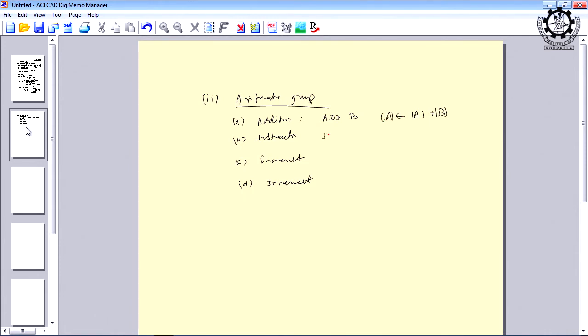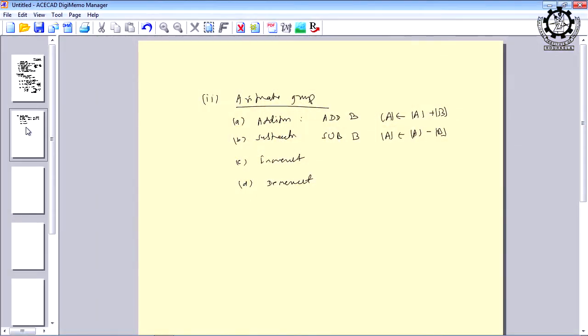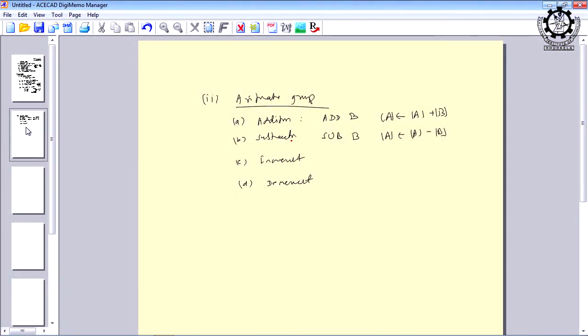Similarly, for subtraction, you will understand like this: the content of B will always be subtracted from A and the result will be stored in A. That means A minus B will be stored in A. Always you will be subtracting the data from the accumulator, not from any other operand. The microprocessor is designed in such a way that you always subtract the other operand from the accumulator, and the accumulator is implicit. You do not have to mention the accumulator. For any arithmetic or logical operations, the accumulator is implicit.